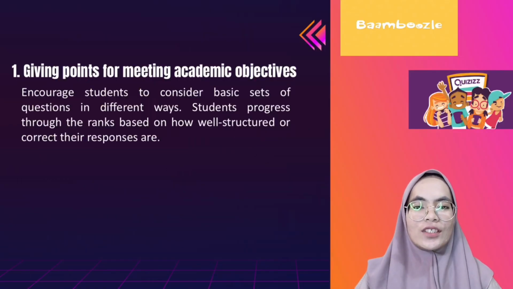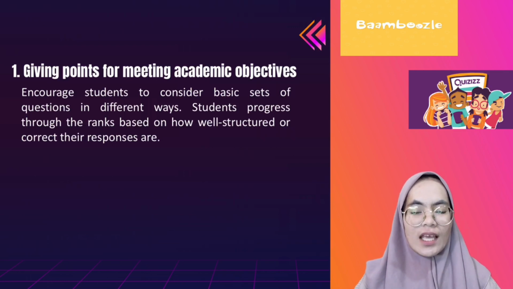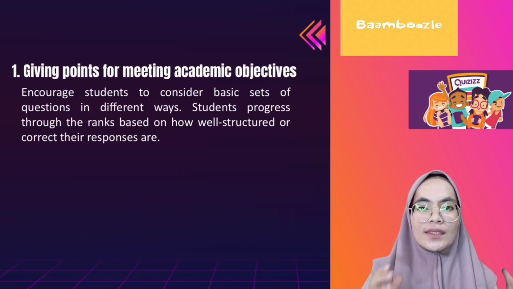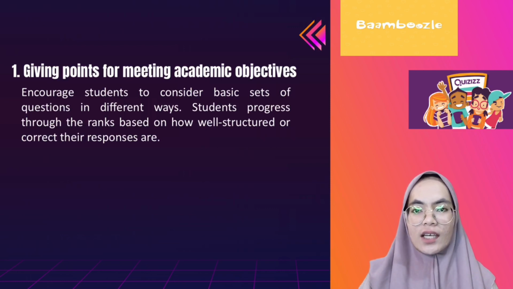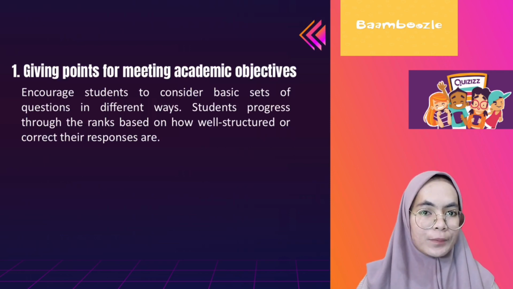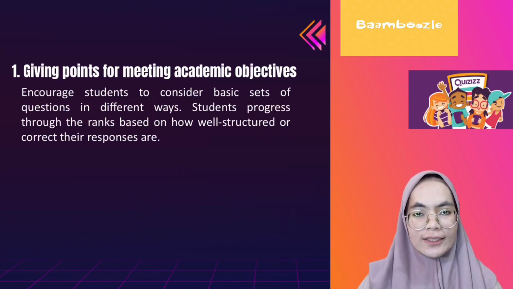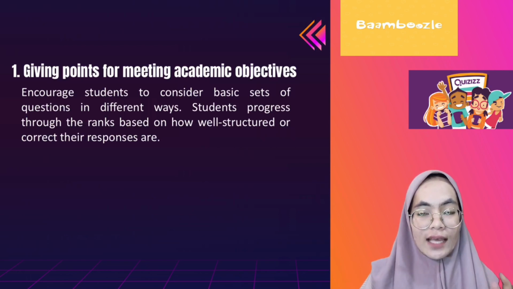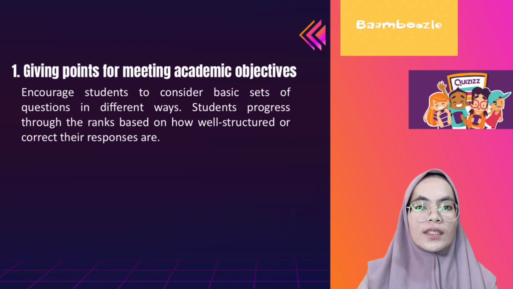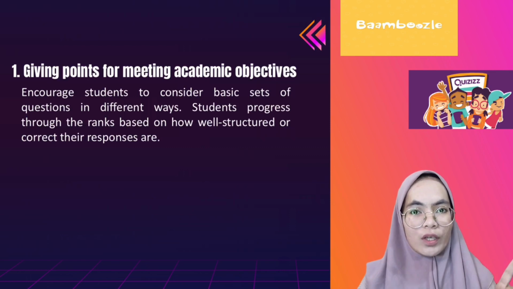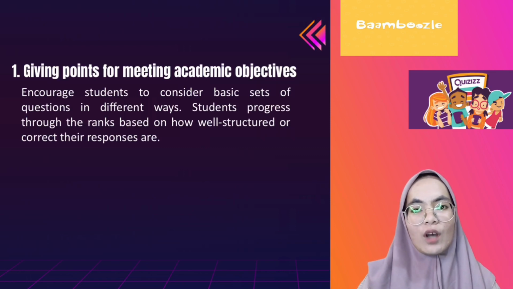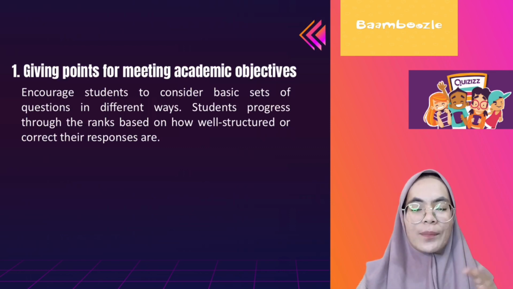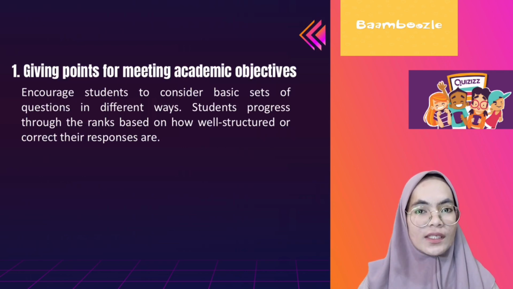First, giving points for meeting academic objectives. Inspire students to see simple sets of questions in a whole new light. Correct or well-structured answers operate on a point system, with students moving up through the ranks. What teachers can do is ask students to cite details from the text and evidence for conclusions in class discussions. Answers without evidence can be worth 1 point. A correct answer with one piece of evidence is worth 2 points, and a correct answer plus 2 pieces of evidence